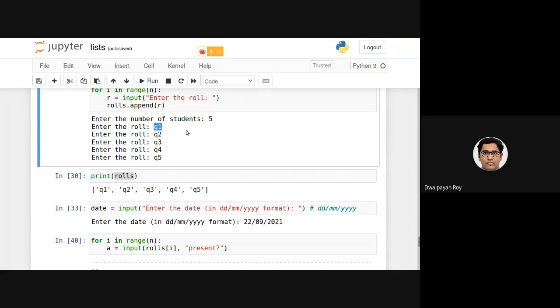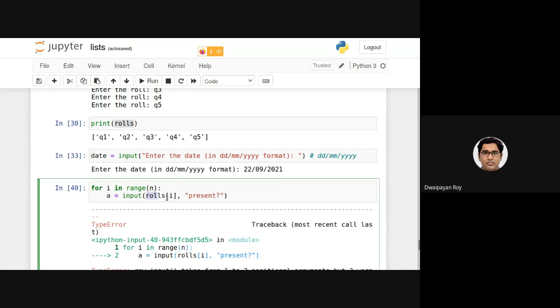What I want to do is print this Q1 present, Q2 present, Q3 present, similarly to the way we used to handle the situation in a normal class. We used to call the individual candidates in a class by their roll numbers, right? Roll number 1 present, roll number 2 absent, roll number 3 present, such like that. So here this is not the correct way of doing that. Now can someone say how we can print something like that, Q1 present, Q2 present, using the string formatting that we have discussed already?